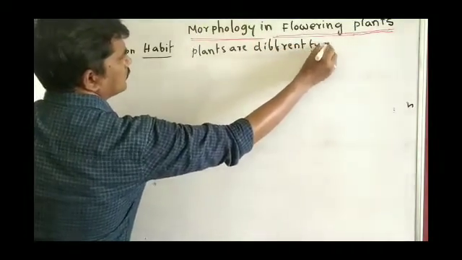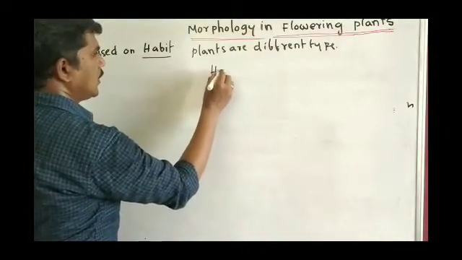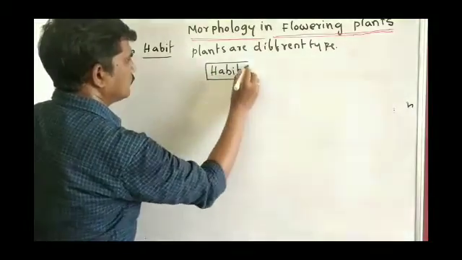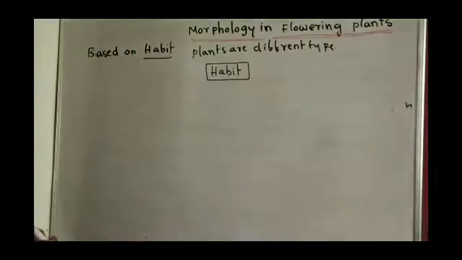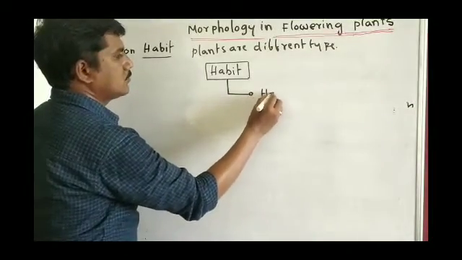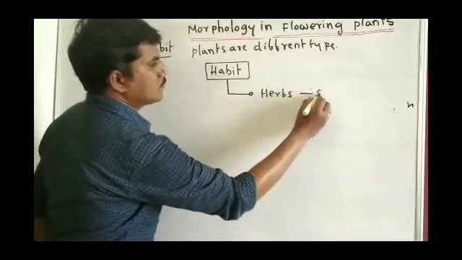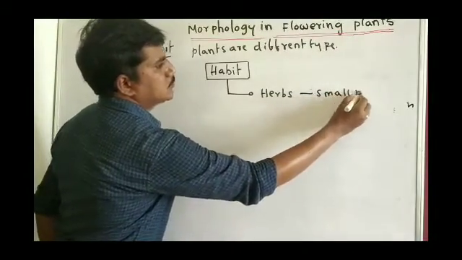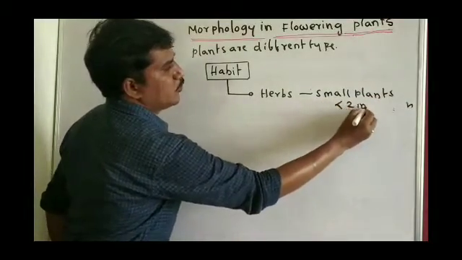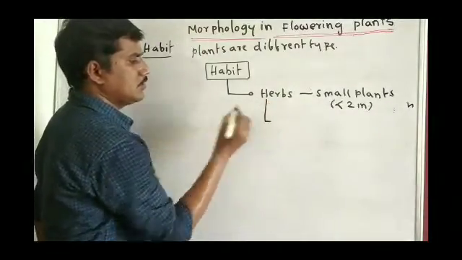Different types. So the first one here, based on the habit, I am explaining. When you come to the basis of habit, the first one is herbs. Herbs means these are small plants, growing less than 2 meters. So when you come to herbs, the types there are